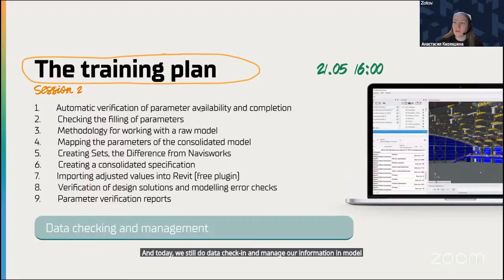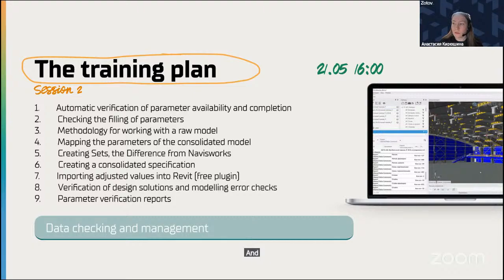Today I'd like to show you how to do automatic verification of parameter availability and completion. Also, I would like to talk about checking the filling of parameters, about methodology for working with a raw model, mapping the parameters of the consolidated model, creating sets, and show you the difference from Navisworks,